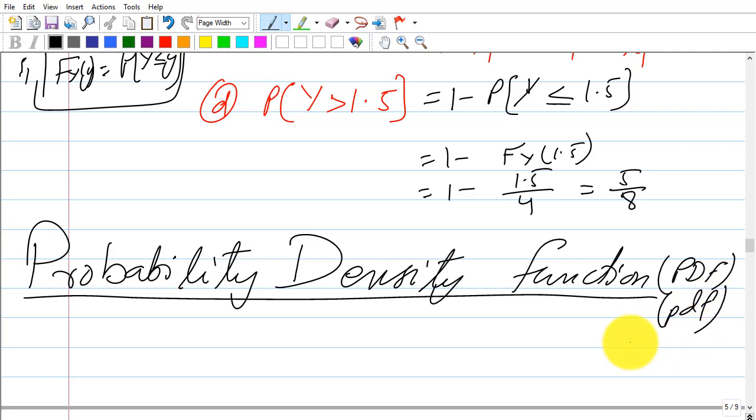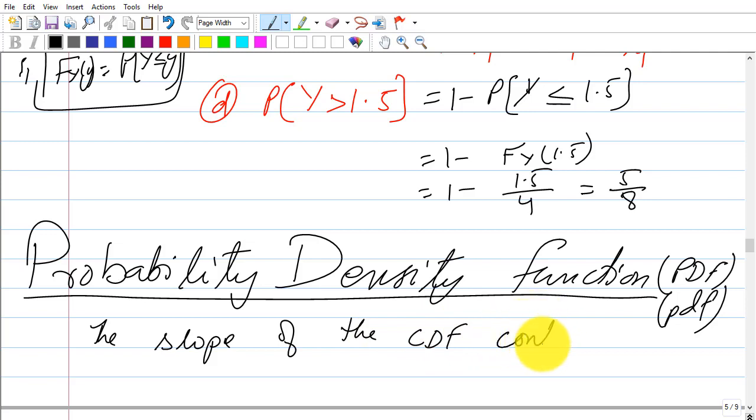So the PDF is defined from the CDF, because if we look at the CDF, it has the slope, and the slope of the CDF